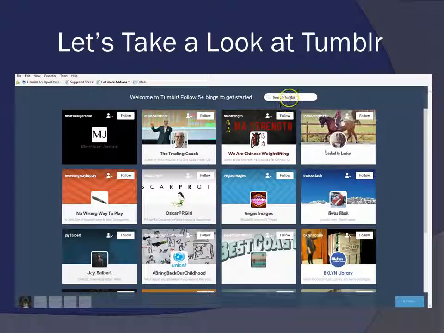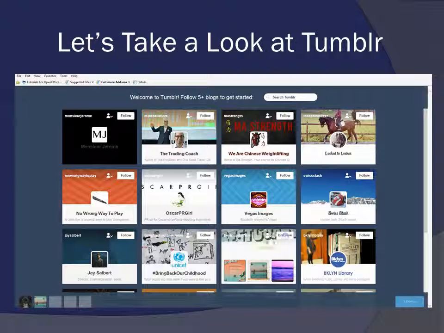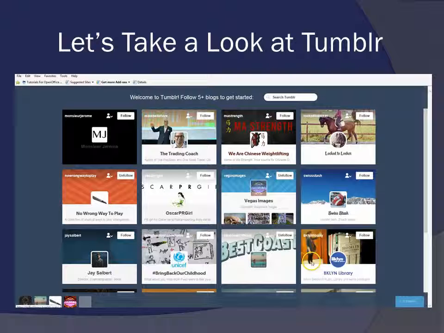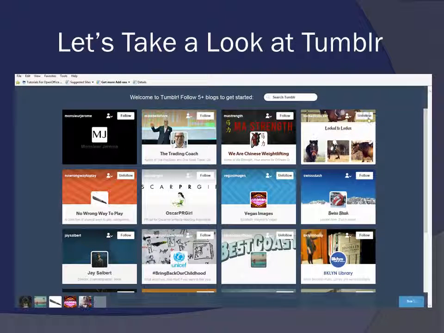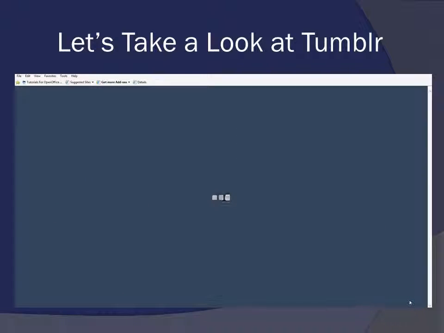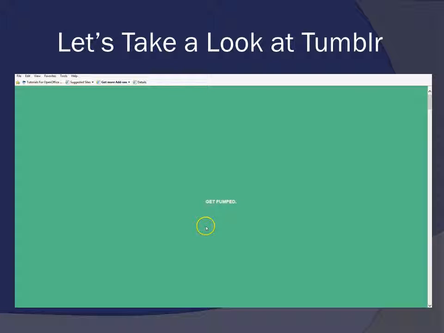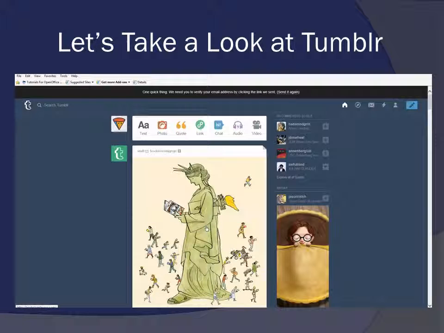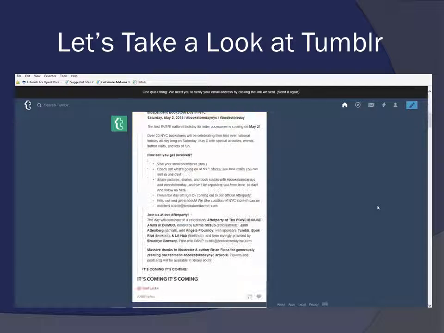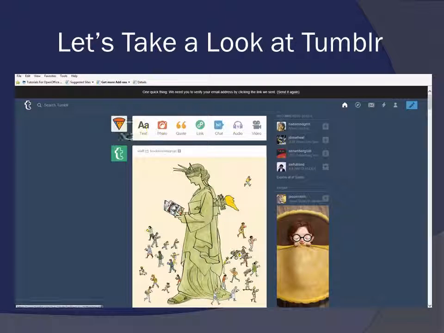I can search Tumblr. It wants me to pick 4 more. Alright, so we'll go with that one, and that one. Oh, 1 more. Alright, let's go with that one. Now I can go to see it, and it's going to show me all the posts that are related to those 5 items that I just chose. So here we can see anything that's related to what I just did.